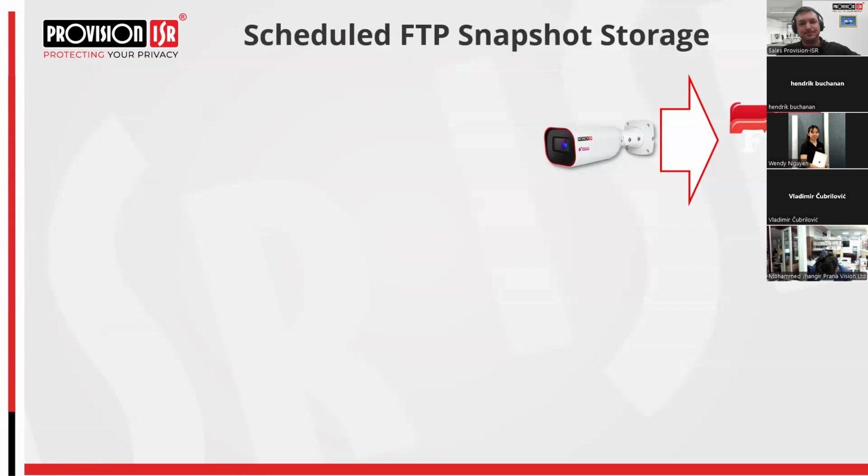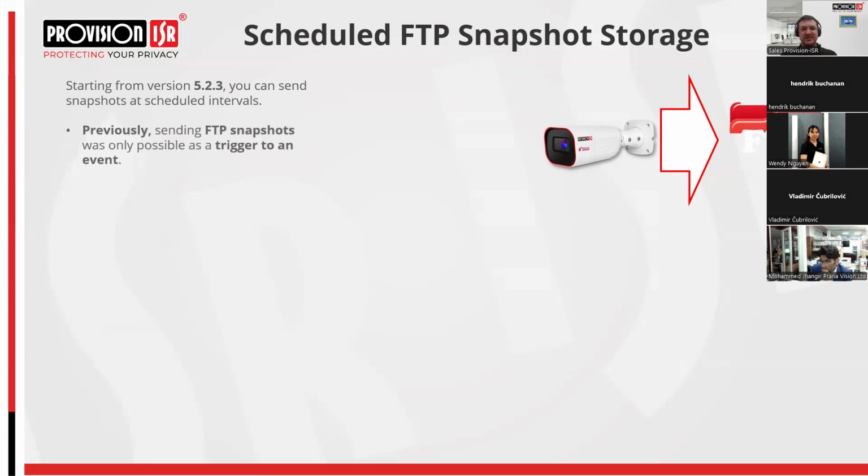Another new feature is scheduled FTP storage. Starting from version 5.2.3, you're able to send snapshots at scheduled intervals to an FTP server. Historically, sending FTP snapshots was only possible as a trigger to an event. This was any type of event. You couldn't choose which type of event would trigger a snapshot, so any event on your system would automatically send